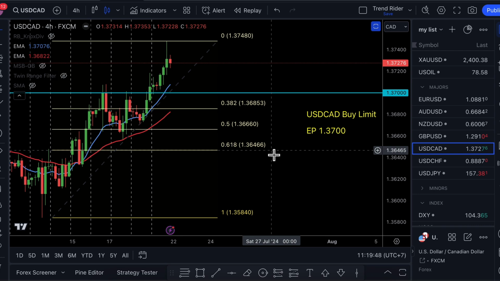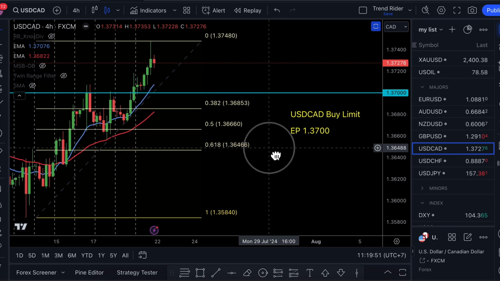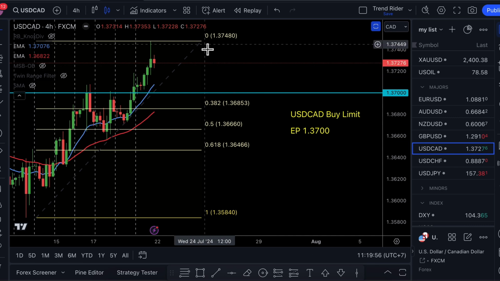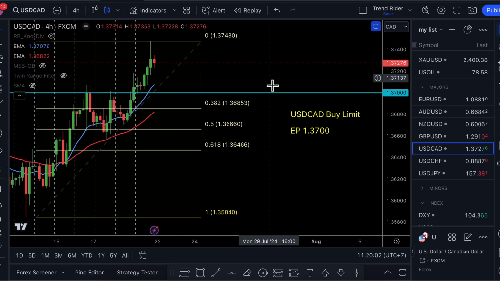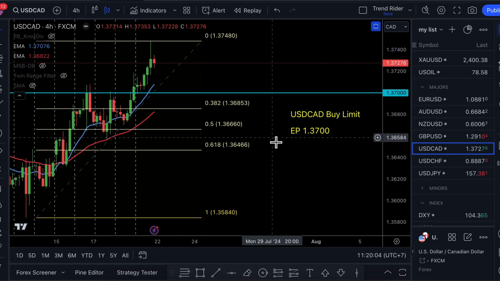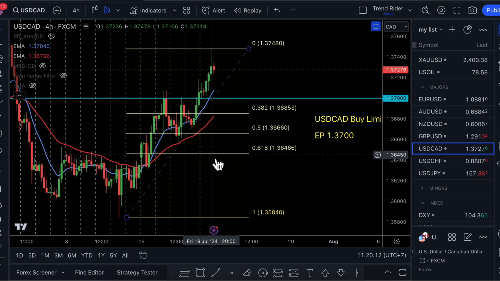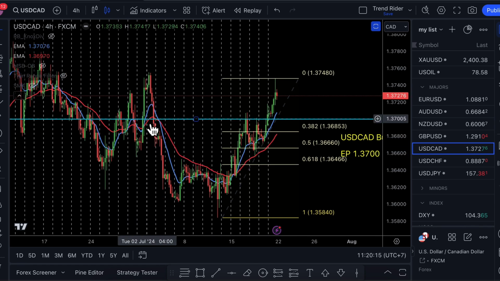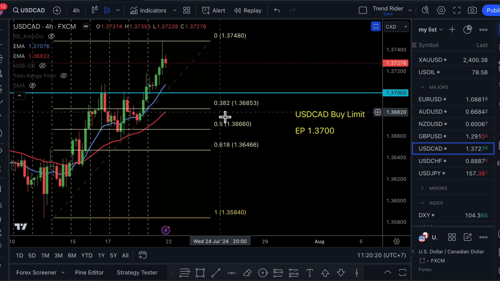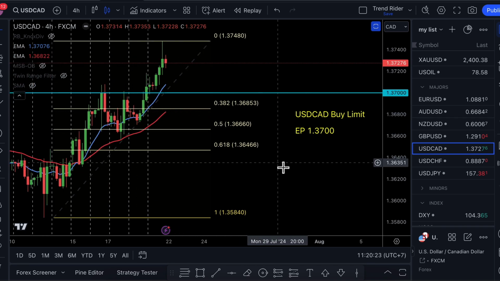Then the USD/CAD, we've been seeing a bearish move on that one, but now that has turned bullish, okay, with the strengthening of the US dollar. It went up and hit 1.3748, okay. It has been higher than that, so we can see higher prices on the USD/CAD with the entry price on a buy limit at 1.3700, our major support level, which we can go back and look and see. We've seen it bounce up and down and hang around that level quite a few times. So that's the major support level there for an entry price, a buy limit on the USD/CAD,